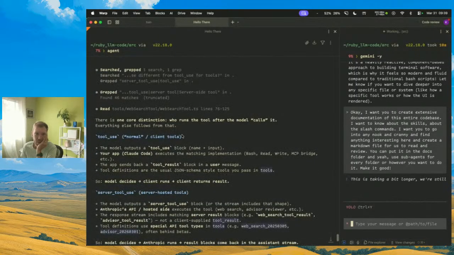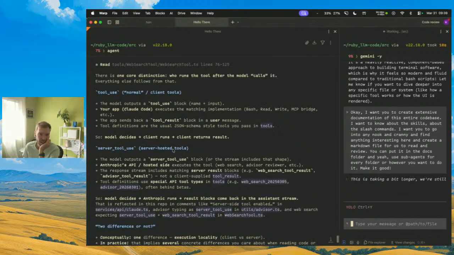Yeah, okay. So there are tool uses, normal, like client and server, apparently. And I assume it just runs the tool on the server instead of your computer. It's interesting, I didn't know. I'm sure they had it, but okay. So the model uses a tool, your app, tool result. Okay. Clearly, it runs the LLM on the server, but